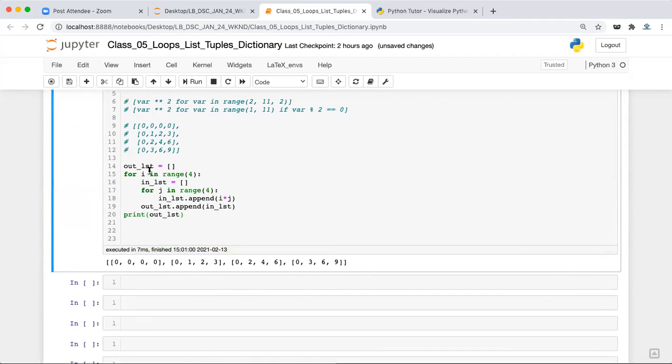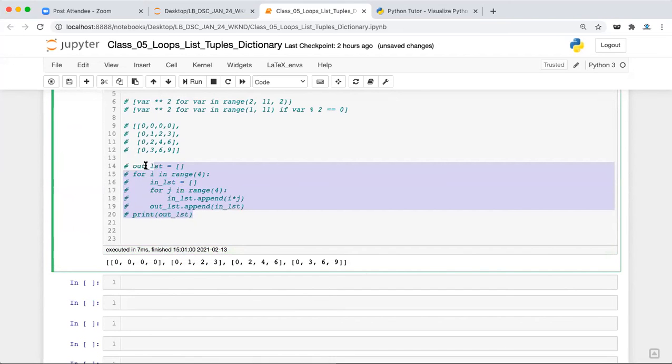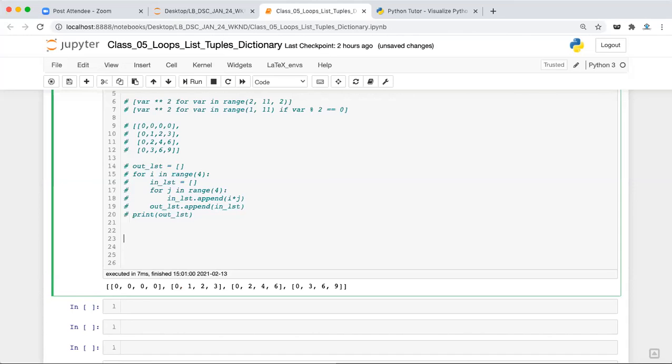So we have done it using the normal loop. How can we do it using list comprehension? First of all we want 2 lists, right? One is the outer list, and inside that we have an inner list. Inside the inner list we are writing i into j.